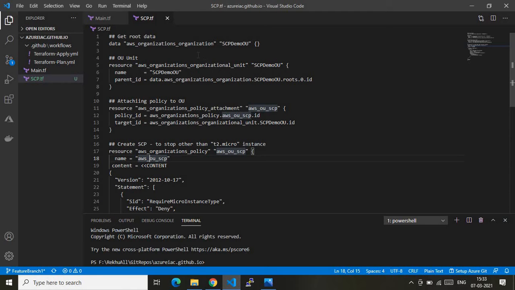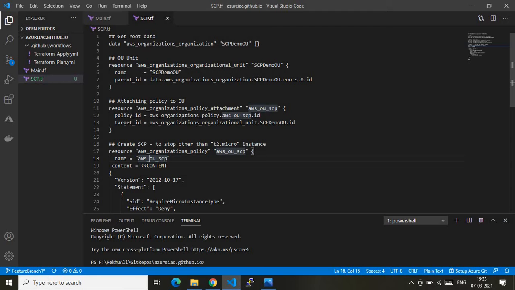With that, let's get started with the code walkthrough. Let me tell you briefly what this code does. It does two steps majorly. One is that it will create an example OU under the root OU. If you have the master account, under it you should have an AWS Organizations service, and in that service, by default, there will be a root OU.